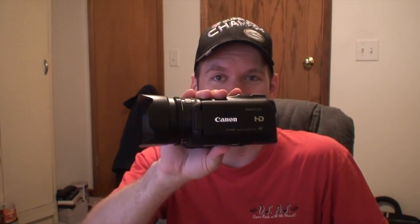me, of this little guy. I got my hands right here, the Canon Vixia HF G10. Number 1, video quality. Number 2, build quality. And number 3, manual control and the feature set on this camcorder. Now these are the 3 things that I've really focused on because these are the 3 that I've probably used